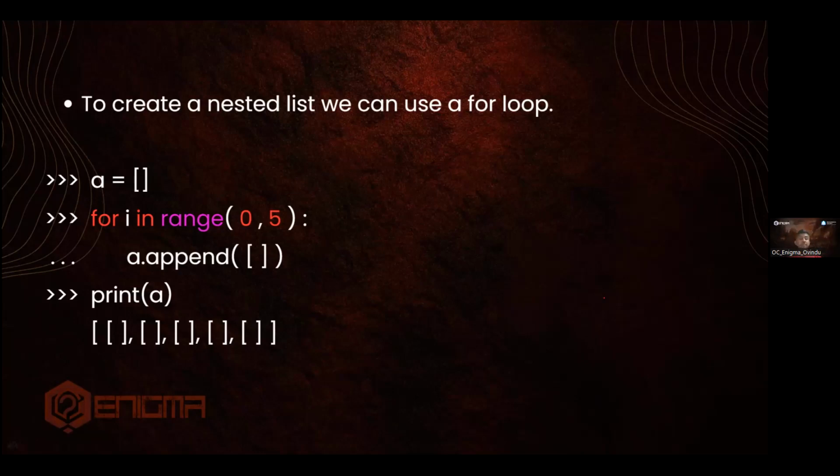So we will receive numbers from 0 to 5 once we call this range function. What this line of code, for i in range 0 to 5, does is it calls each number which is between 0 and 5. So i will range from 0, 1, 2, 3, and 4. And so these all will be appended into this